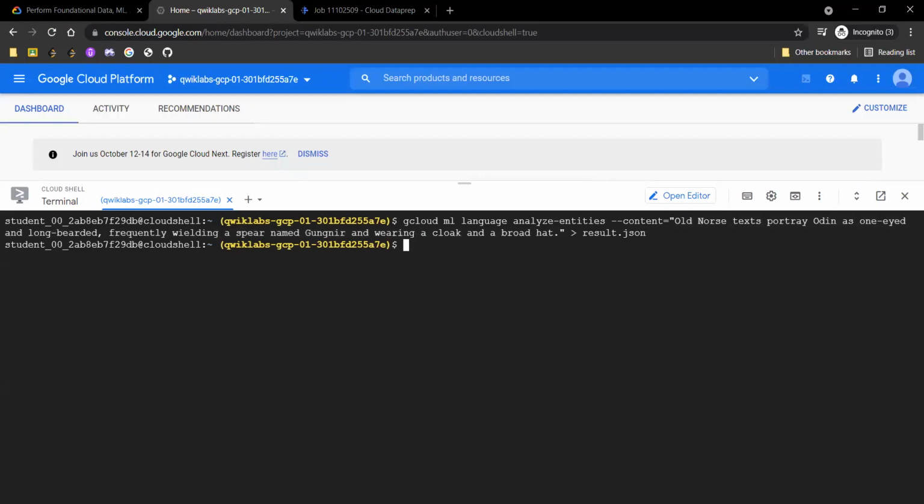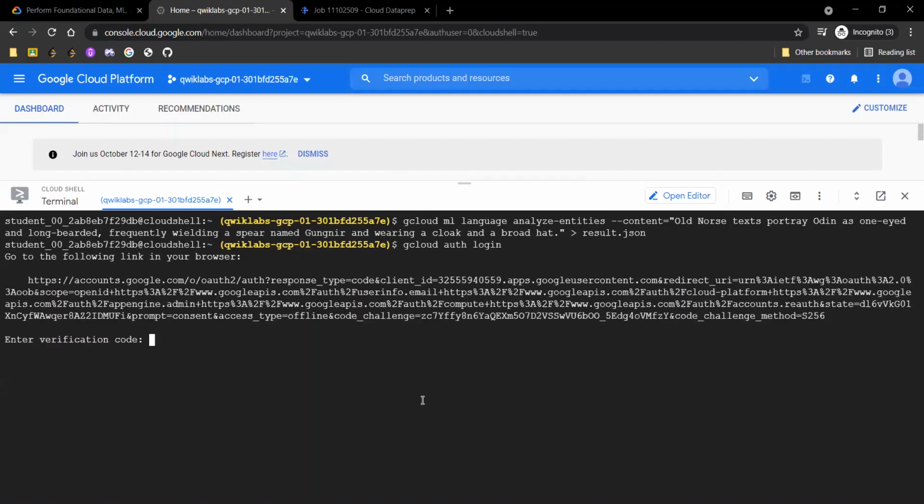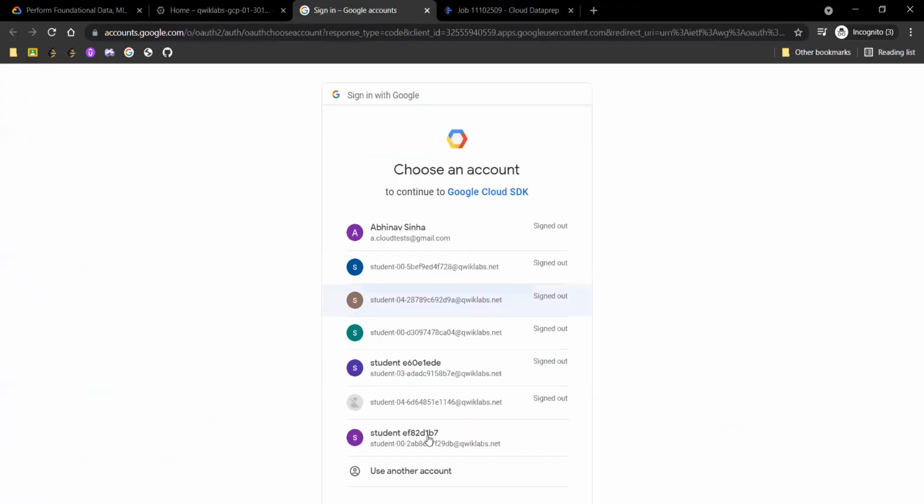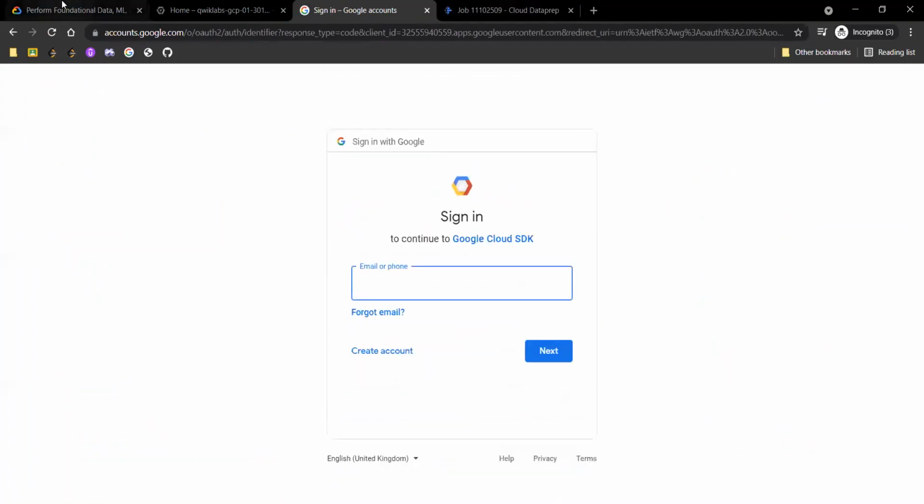Now the next command we will be using is for authentication, to see if the API is used by an authenticated person or not. So simply we'll run this command in our shell. Now click on this link, use another account.